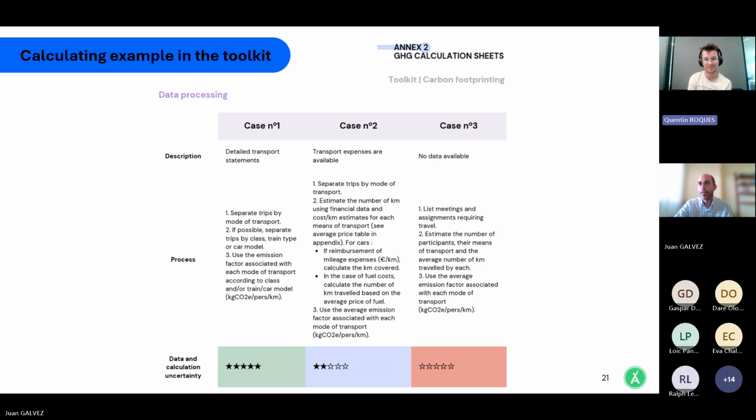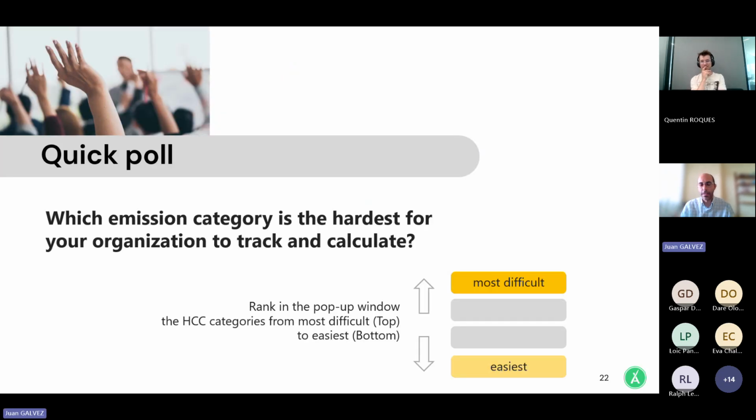And go on, Juan. Thanks a lot, Quentin. Let's go for a second quick poll to make a little bit of a quick break on the presentation here, and also again to compile the temperature, not to measure the temperature, to get an understanding and a feeling on which are the categories. We want to understand in this case which are the categories that are the hardest for your organization to measure. Either you are starting now, and maybe you find all of them difficult, or you have already done 1 or 2 cycles of carbon accounting. So let me launch the second poll,